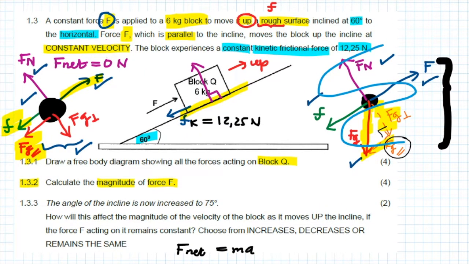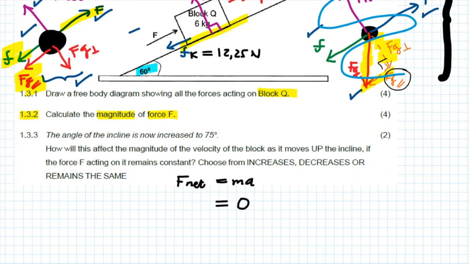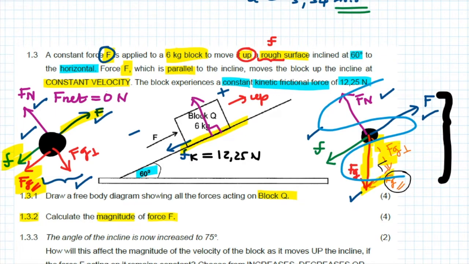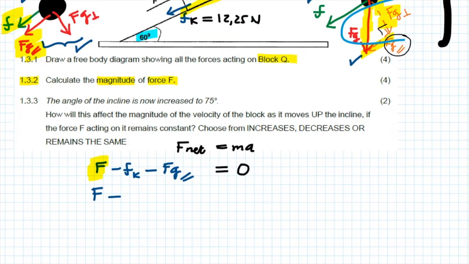We must remember to choose one direction as positive. And in this case, I'm going to choose up as positive, so down will be negative. But you are welcome to choose it in the opposite direction. Just be consistent. So here we have F minus the friction, which is kinetic friction, minus Fg parallel. That is the forces. We're trying to find the actual force F, so we're going to leave that as F. The friction force was given to us. They gave it to us as 12,25, so we're going to substitute that in, 12,25,